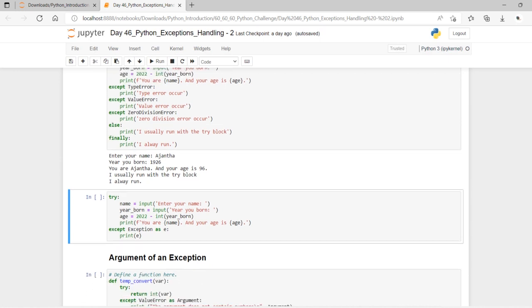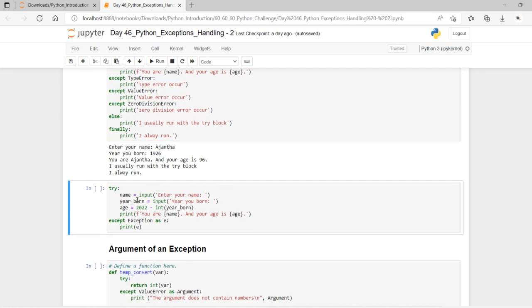The same thing, where you are just going to write the name, you are just going to give the year, and with the command that you are Ajanta and your age. Okay, and if you are having any exception, that is going to happen in E, and it would be printed. And here, apart from this else, or finally, here we are just giving the except, and as I have already told, except and finally should not both come. Any one has to come.